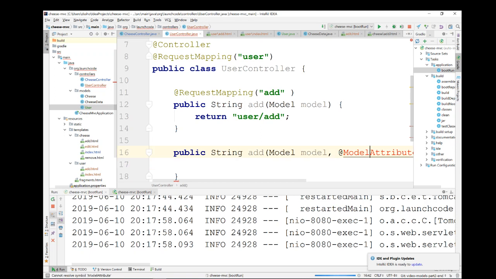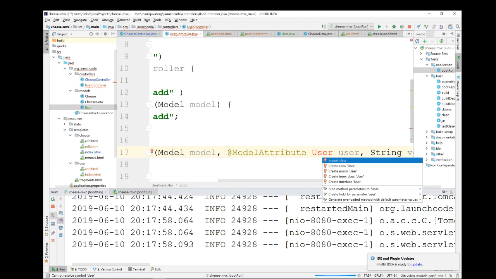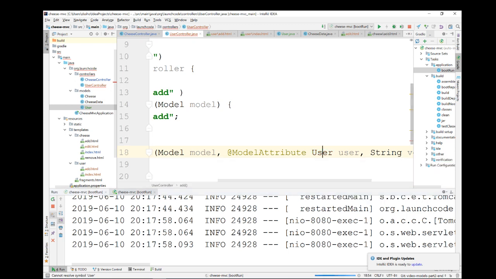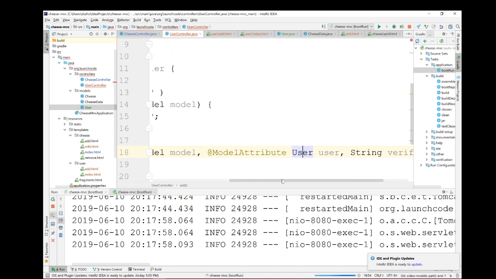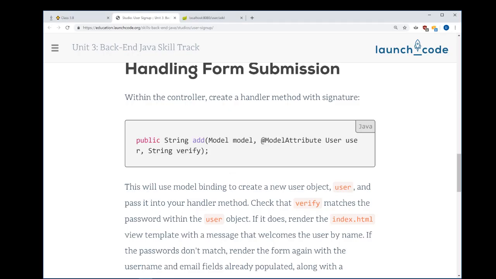All right, and I need to import the model attributes. And I need to import the user as well. That's the right one, okay? And so now, if I make it here, I should have a fully formed user object. What I need to do then, what the instructions are telling me to do, is check that the verify value matches the password. So we need to make sure that they typed the proper password in twice, right? If it does match, then we just send them to the index and we say hello, right? If it doesn't match, then we need to send them back to the form and tell them to redo,